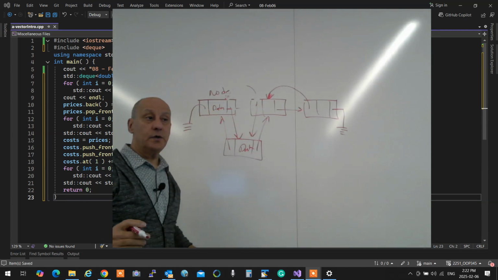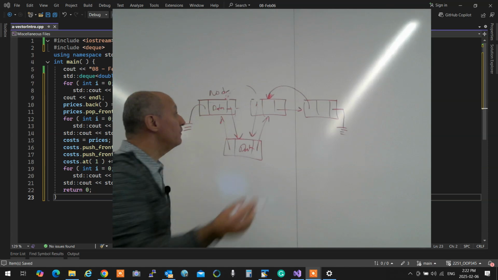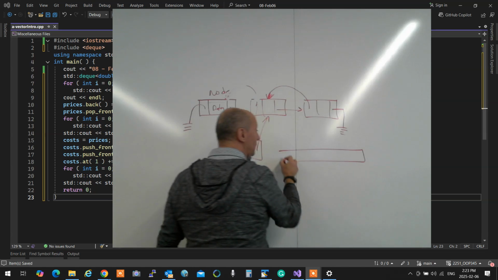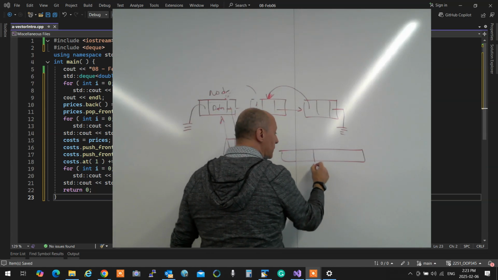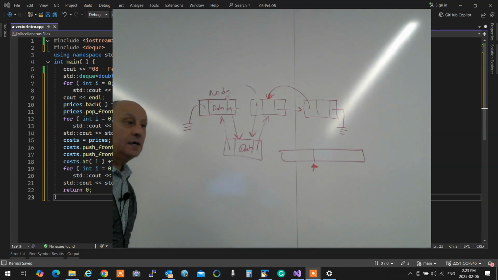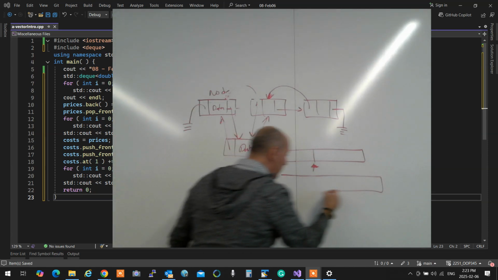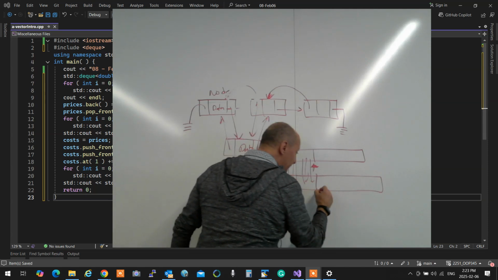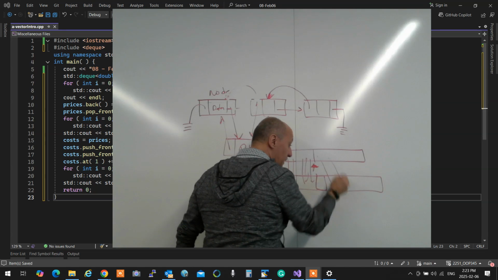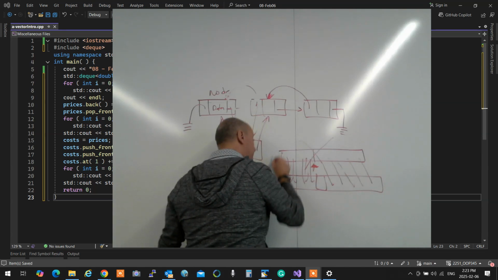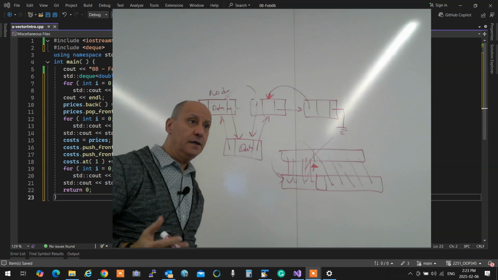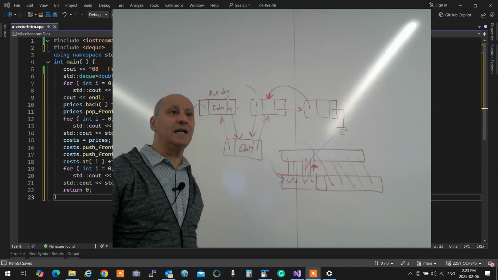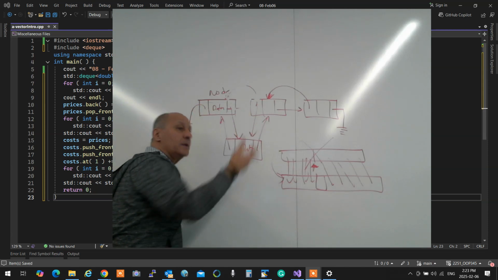So if I had an array, if I wanted to add one element in the middle of the array, so if this is my array, and I want to add something here, what do I have to do? I have to first create an array that is bigger. Then I have to copy everything down. Then I have to insert what I have. Then I have to copy everything. And then I have to delete that one. I have to point to this one. That's crazy. If it's a million, then I need to have 2,000,001 elements. Over here, you can just enter it halfway through.